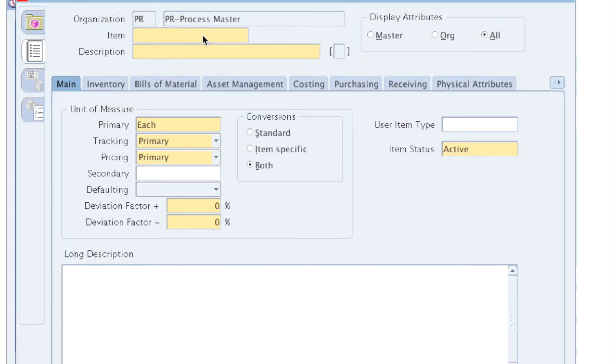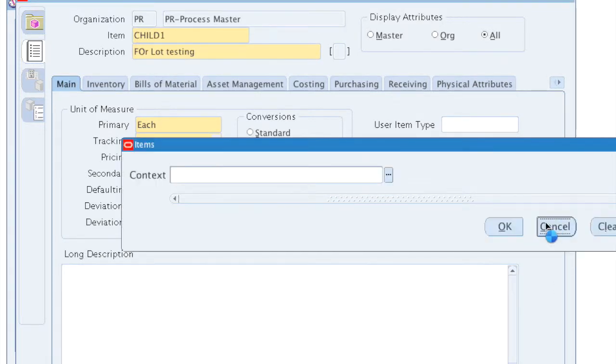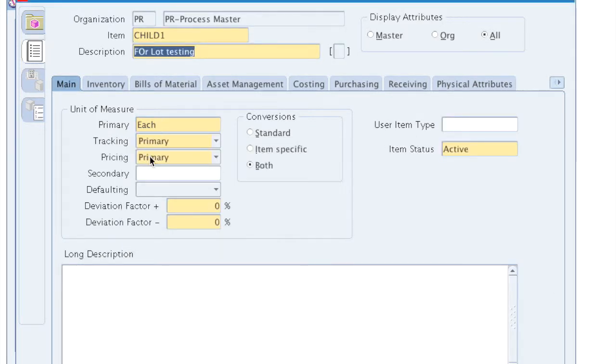To look at parent and child lot relationships, let's get started by putting in some fresh new data. Let's create a couple of new items. First item, let's call it child 1. I think this is the item that's just going to have child lots, that is, no parent lots. So child 1 is the name of the item. We don't really care as much about unit of measure.